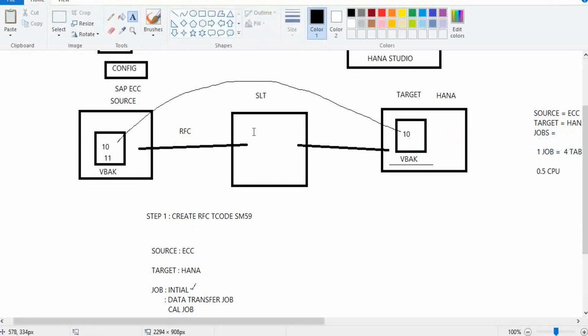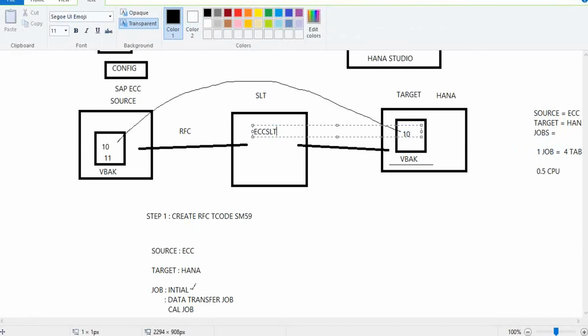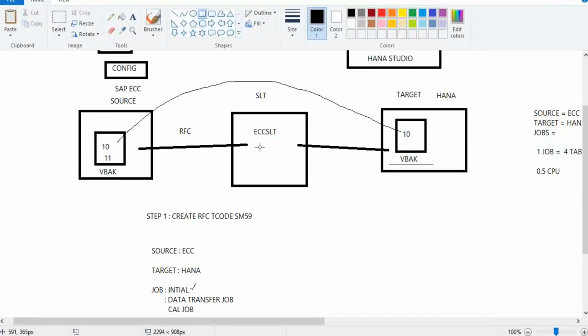Whatever name you give for the configuration, with the same name a schema is automatically created in SAP HANA. Once the schema is created in SAP HANA, automatically tables like